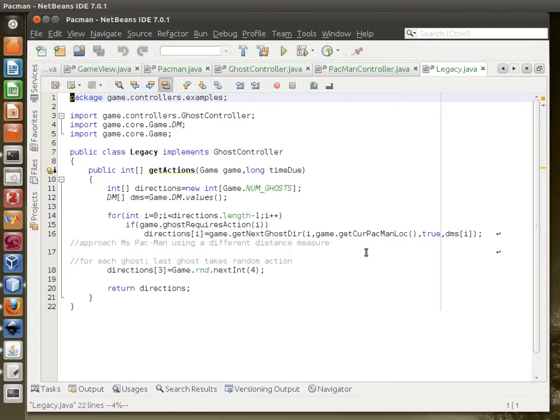So whichever neighbor is closest to pacman, it will go to that particular neighbor. That's basically it. But how close it is from the pacman to the ghost is measured differently